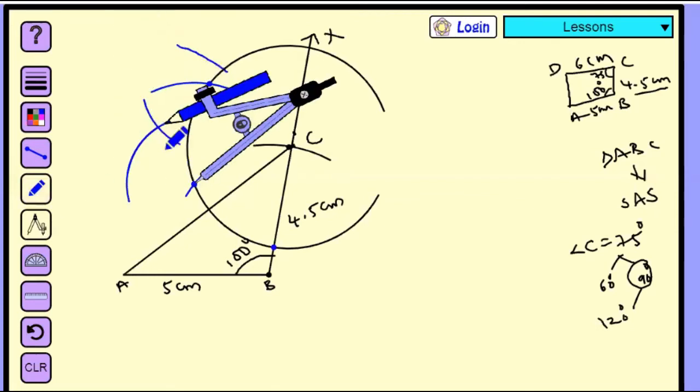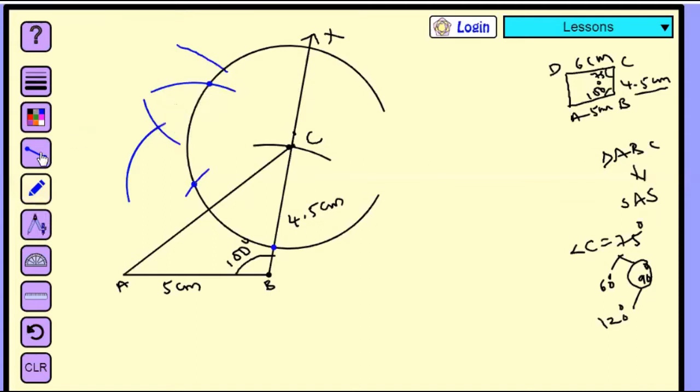Now these two arcs are intersecting at point 90. So this angle is indicating 90. Just mark the arc length here. Why? Because we need to bisect the 60 and 90 degrees. So for that, you should just mark a small line here to see the exact place of the 90 degrees on this arc.